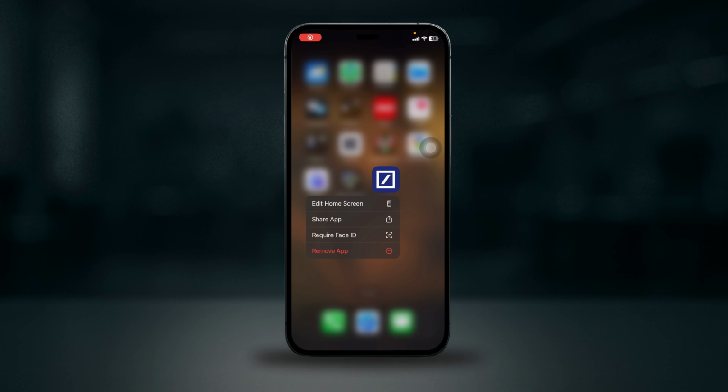Hey everyone, welcome back. Here's how to log in into the Deutsche Bank mobile app quickly and securely using your